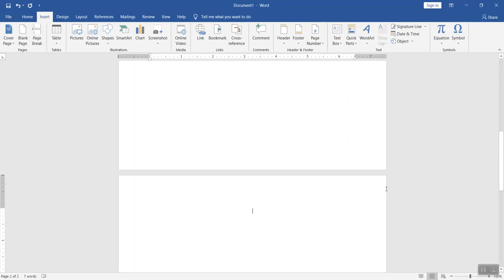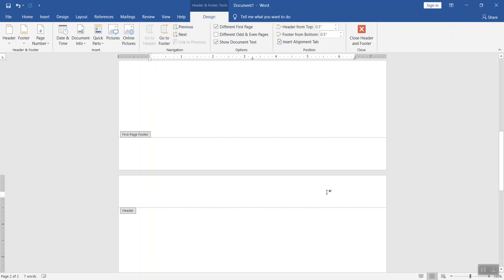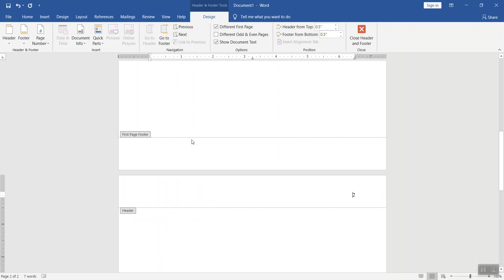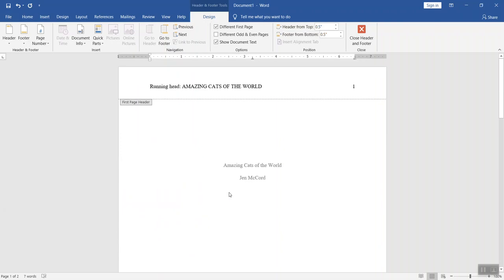But notice we're missing our header again. So we want to go ahead and locate our header. And once again, we want all caps for our title, and we need a page number. So let's go ahead, add that page number back in. Nice page number, and then we don't need to write running head. We're not doing that anymore. We're just going to go ahead and grab our title,